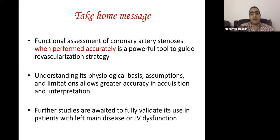So you should be aware of all these artifacts, the physiology, the limitations that you can face while measuring FFR. And still, as I said, there is a certain group of patients that we are using FFR or iFR in now, but still we need studies to fully validate the use of functional assessment or FFR or iFR in patients with left main or patients with LV systolic dysfunction, because these patients were excluded, as I said, from the original large study, the FAME study that actually put functional assessment now in class 1 in